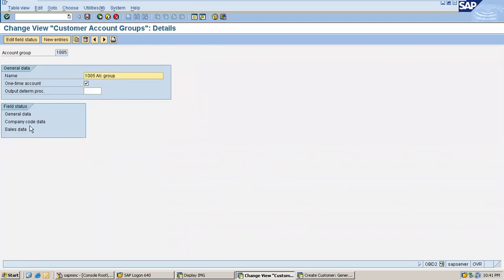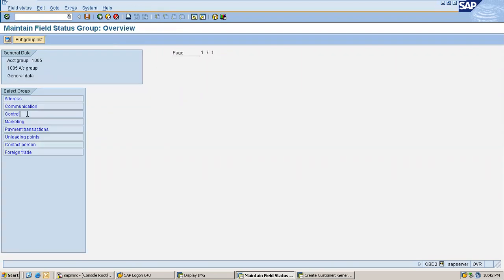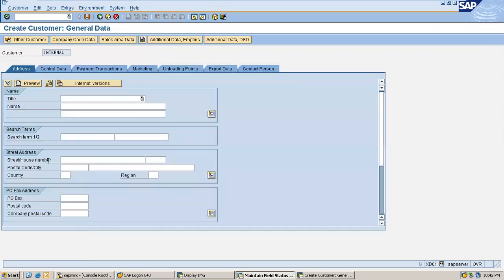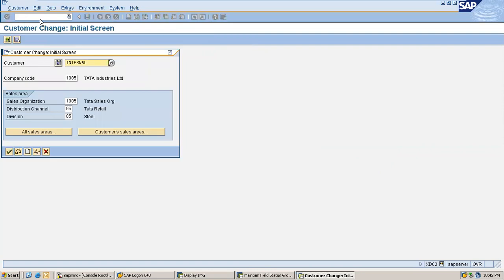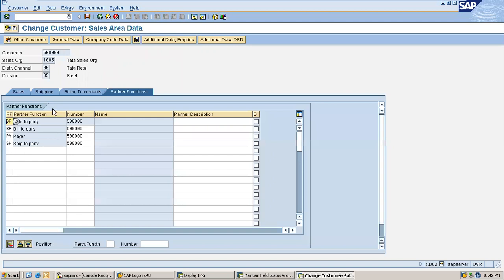Now, if you click on general data, the system will display all the tabs. Let's say I'll go to customer number 500000, five zeros. Yeah.